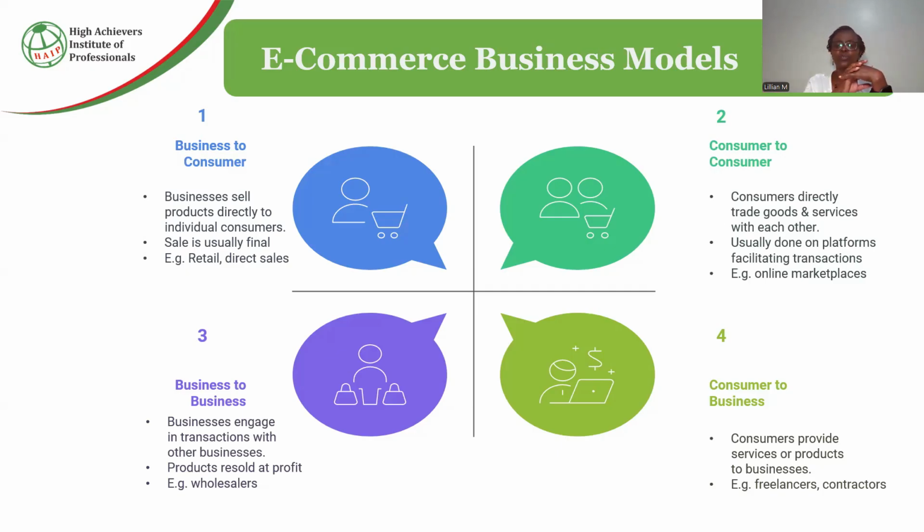Then we have the consumer to consumer. This is where somebody discovers that maybe they bought a dress, it didn't fit them, and now they want to put it online or in WhatsApp groups that are marketplaces, and they sell. Or maybe you discover you have outgrown some of your clothes, or your babies have outgrown their clothes or their bed, and you want to sell. This is normally done in the online marketplaces. Nobody is registered. It is just one consumer who has a product that they no longer need or is extra.